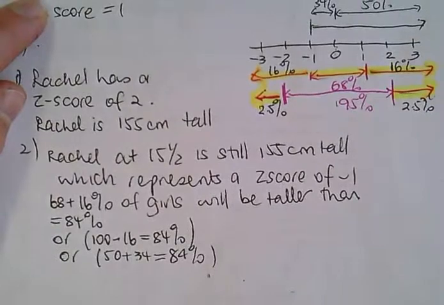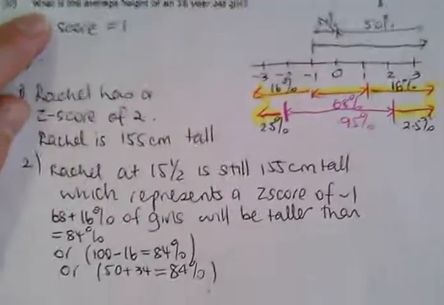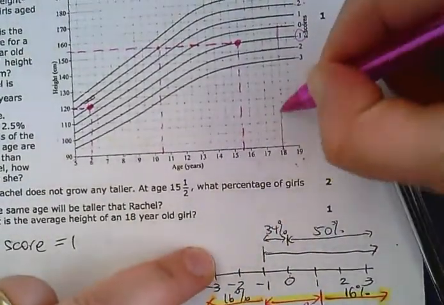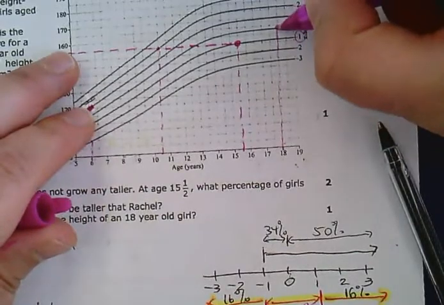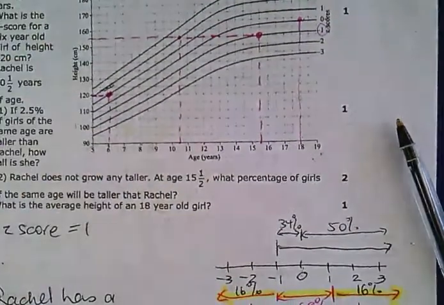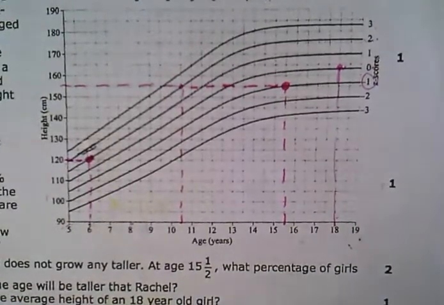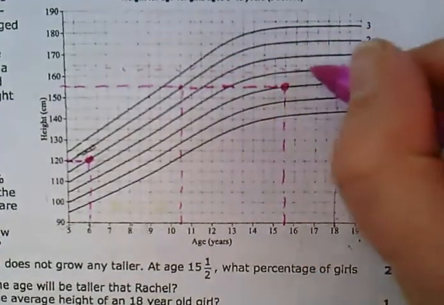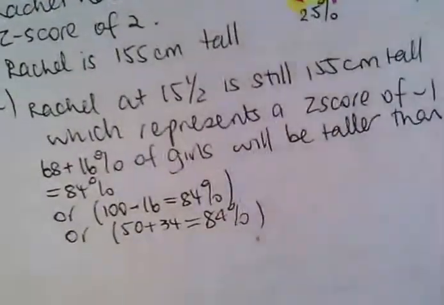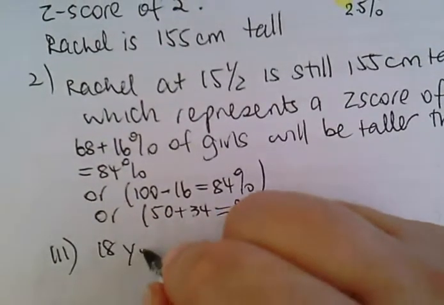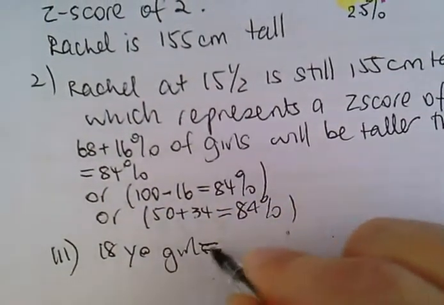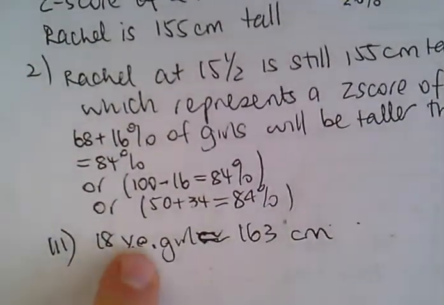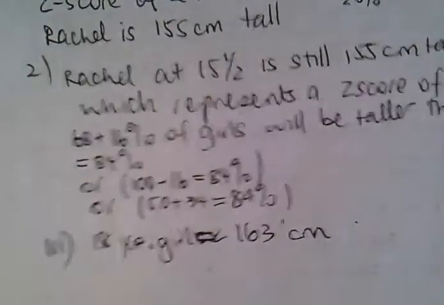And the last question is, what is the average height of an 18-year-old girl? So looking up the 18-year-old girl, Z-score 0. And there it is, coming across. Look, it looks about 163 to 164. So it's a bit hard to tell. I think it's closer to 163. So last part, the 18-year-old girl is approximately 163 centimeters. Okay? The 18-year-old girl is 163 centimeters. Okay, so